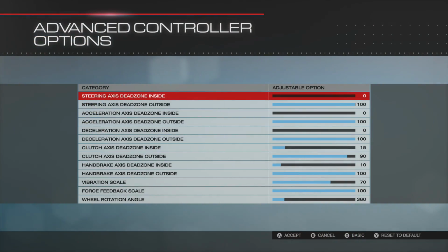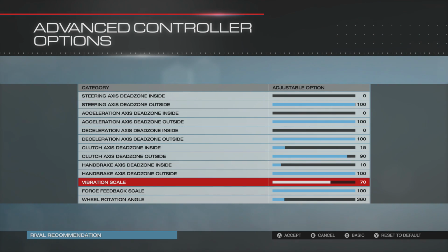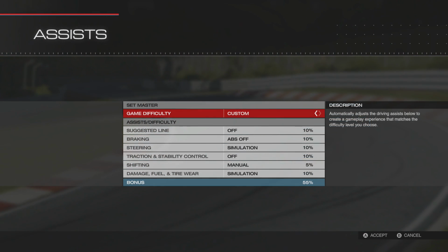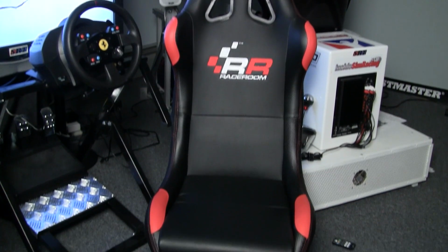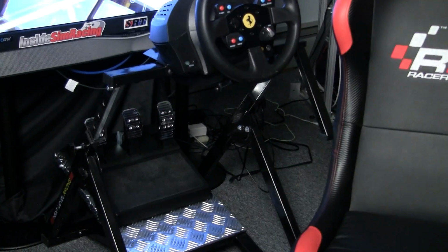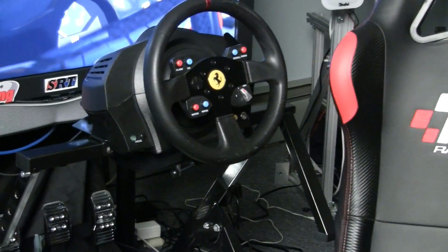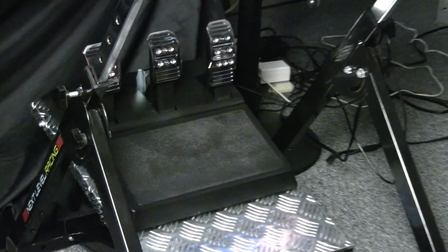And just some quick stuff. First of all, some of my settings really quick. 360 degrees of rotation, no dead zones, running about 70% vibration, 100% force feedback. Also running no assists, as you can see here as well. I ran it in this Race Room seat, pushed up next to the Next Level Racing wheel stand, running with the TX Thrustmaster base, with the 458 GTE Italia racing rim, T3PA pedals,